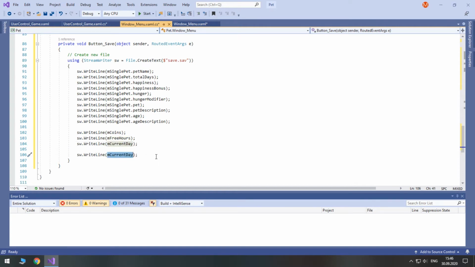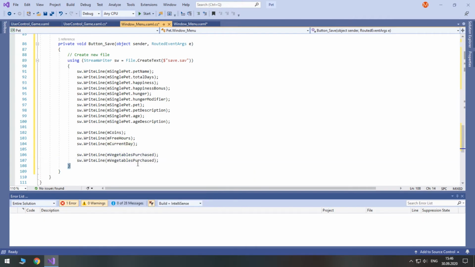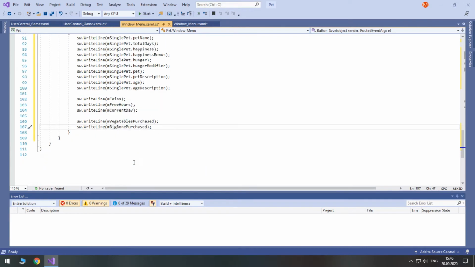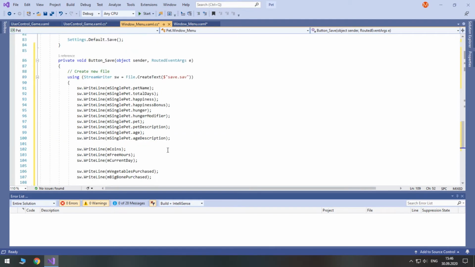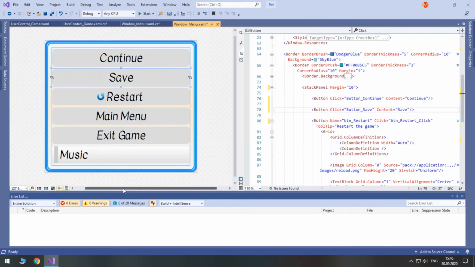As for the items, we need to track only 2 of them: vegetables purchased and big bone purchased. And finally, daily choice 3 available. After we have written all of this, we need to close this menu.